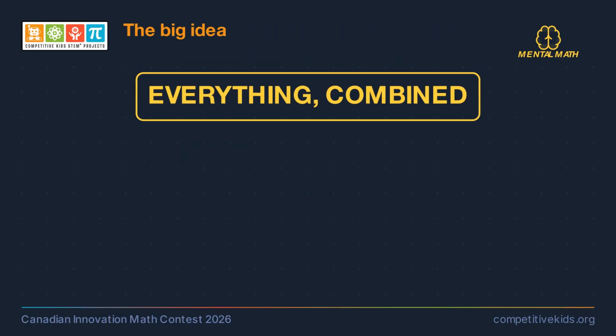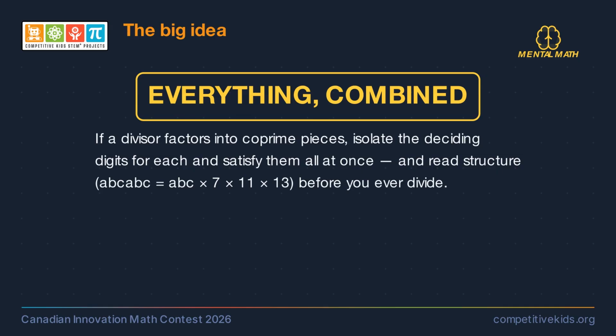This is the capstone. Everything combined. If a divisor factors into coprime pieces, isolate the deciding digits for each piece and satisfy them all at once. And read structure, like ABCABC is ABC times 7 times 11 times 13 before you ever divide. Look for 2 blanks under a composite or a long repeating number. Every rule isolates the smallest piece the divisor can see. The capstone just runs them all in